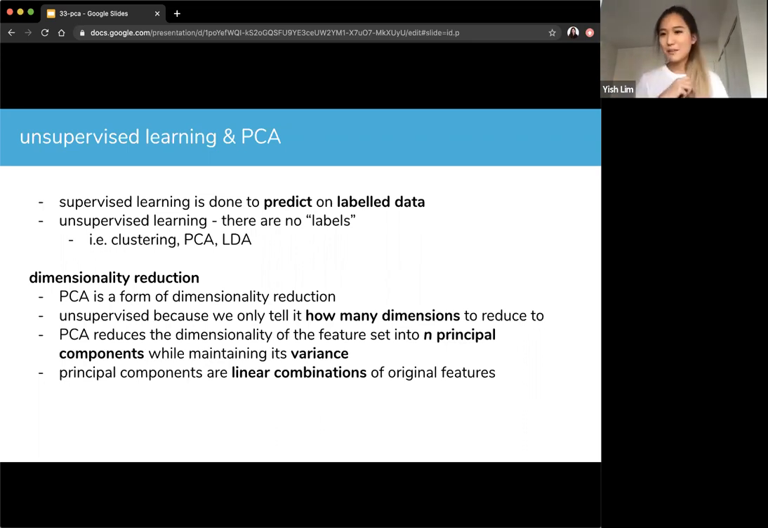So the main gist of PCA is it reduces the dimensionality of a feature set into n principal components, however many you want, while maintaining its variance. So maintaining its variance basically means that, let's say you have every column, you have some form of variance. And the variance is actually what tells you